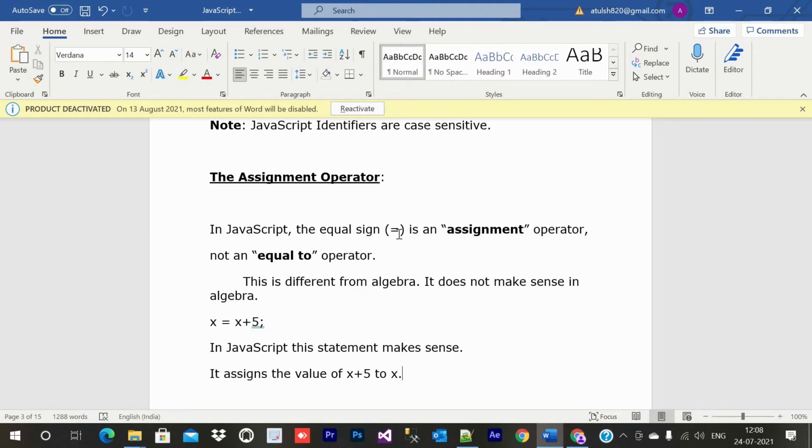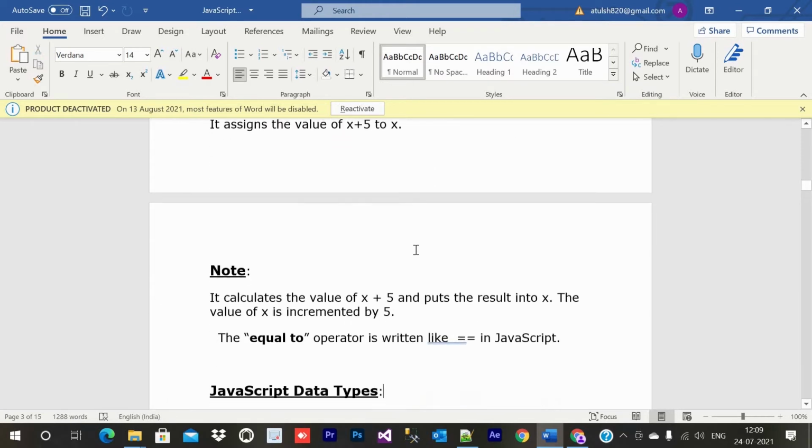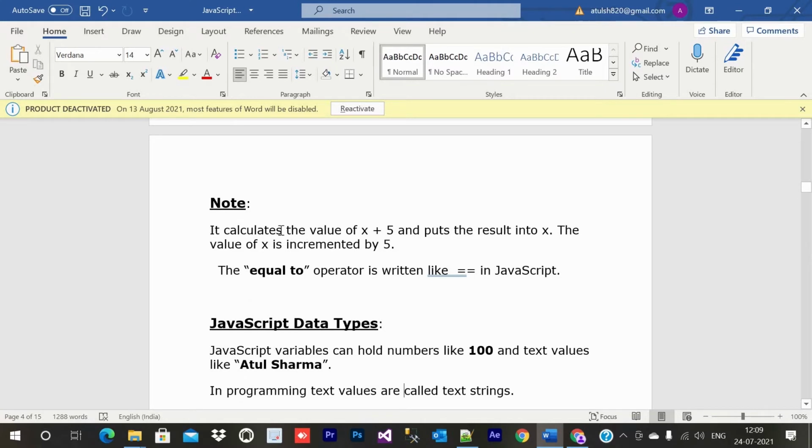Okay, so in JavaScript this statement makes sense. It assigns the value of x plus 5 to x. Important note there. It calculates the value of x plus 5 and puts the result into x. The value of x is incremented by 5.